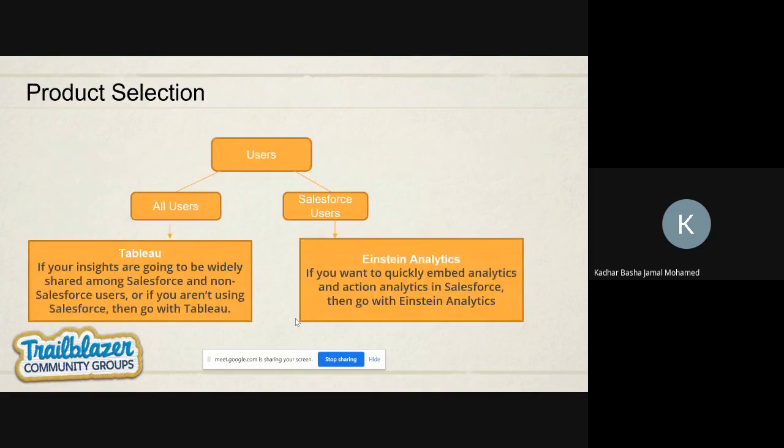Which product we want to choose is based on the users. There are different types of users here: all users and Salesforce users. What is the difference between these two? Salesforce users have their own user credentials, different permission sets and profiles, and different permissions based on the objects, apps, records and fields.